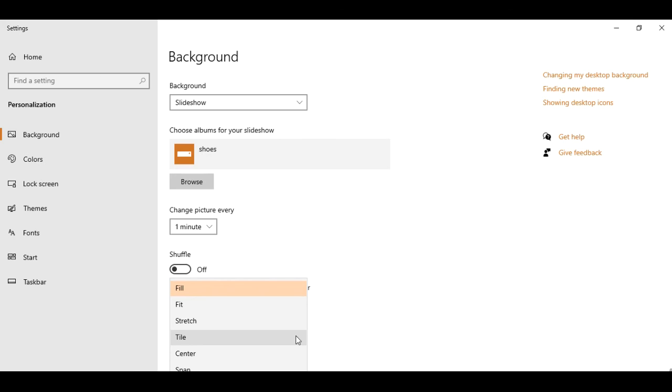If you select Fit, then only that much part of your screen, according to the size of your image, will be displayed, and the rest will be a different color, black or whatever your background is. You can try all of these, there are tile, center, and other options. Just try whichever you like best, and select that.